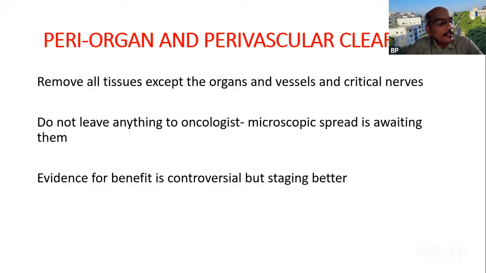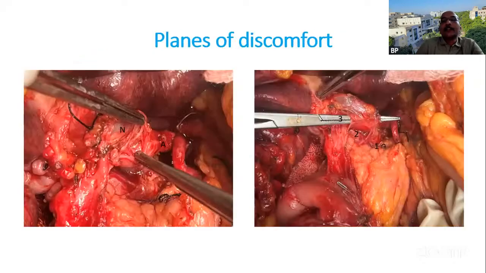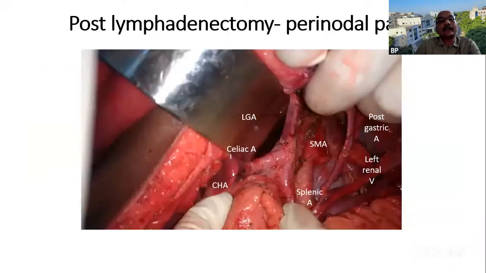If you go very near to the vascular plane, the yield is better. You can retrieve a greater number of lymph nodes, and there is a possibility the oncological benefit might be better. So you have different planes near the arteries in terms of lymph node clearance. So try to go close to the vessels, and what we know today is do not just berry pick the lymph nodes. It is not going to yield the best histological evidence for you.